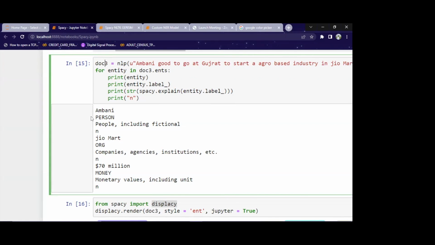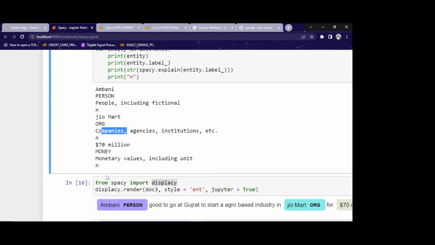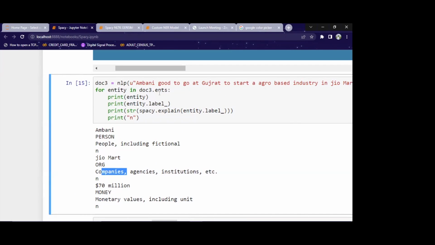So Ambani is identified as a person, and its explanation is people, including fictional. Next up is Geomart. Geomart is recognized as organization, so company, agency, or institution, etc. $70 million, money, monetary value, including unit. So this is named entity recognition done using the Spacy model,